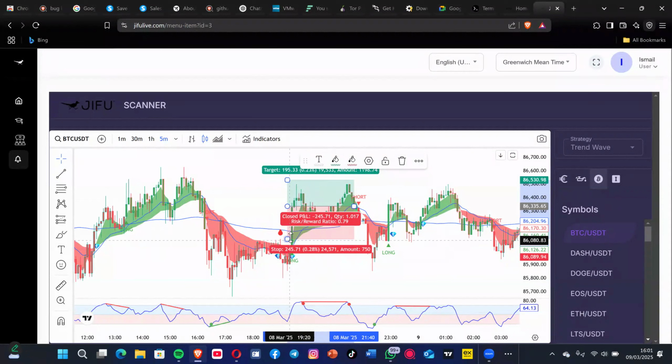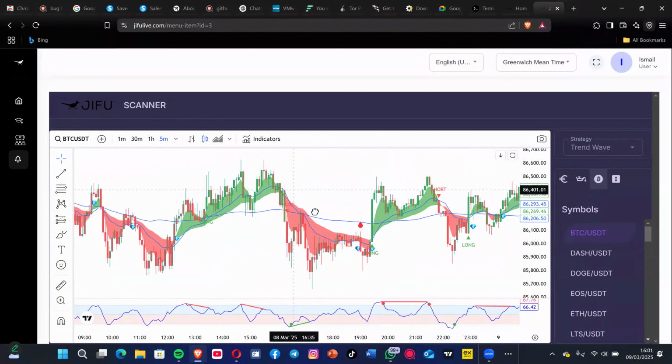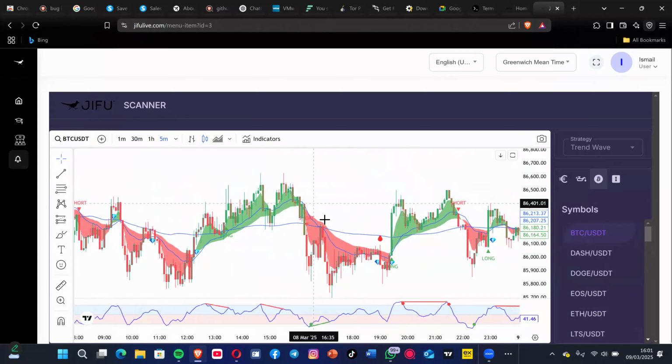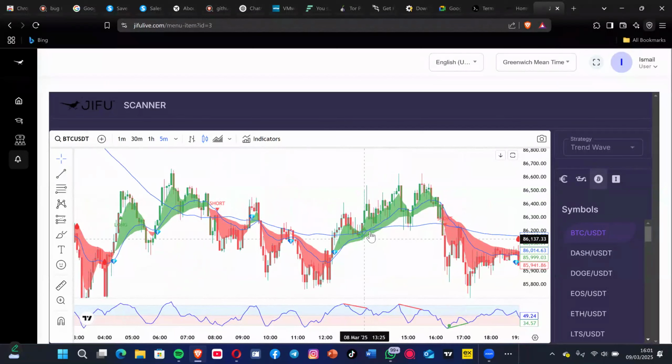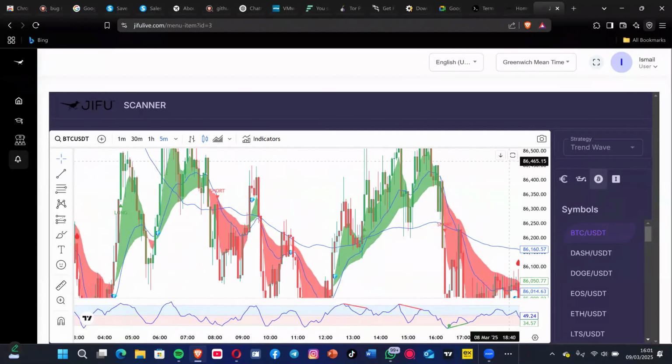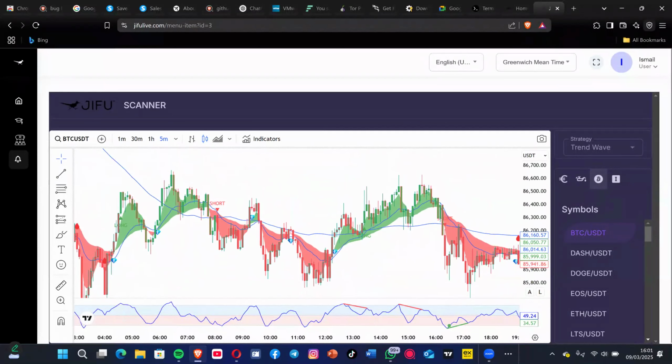Now, how do you prevent this is what I'm going to show you. But first, I want to be done with everything I want to show you. So imagine the scanner called long here. It didn't make any call here. But the scanner made a call here. Look at this one. It called a long. So this one, if you had taken this one, maybe you would have made at least